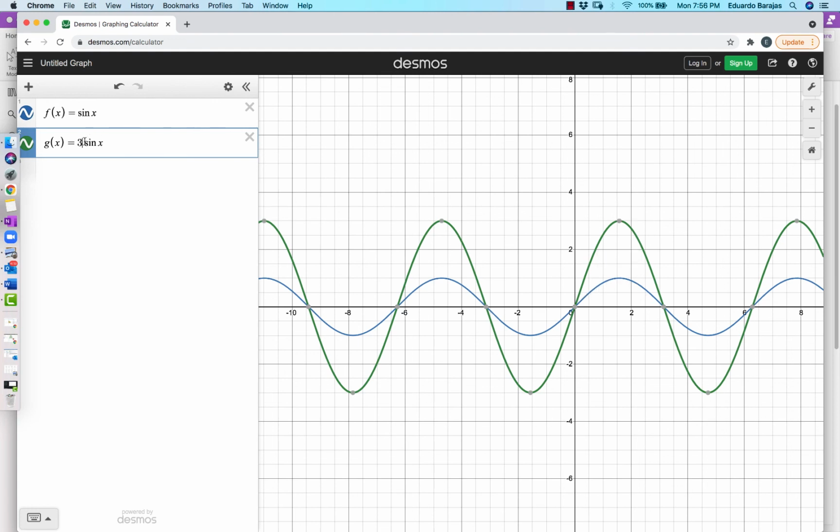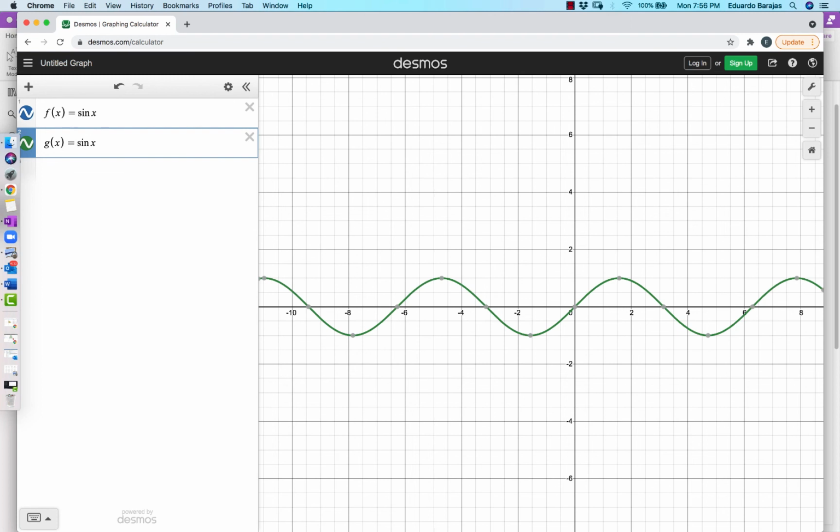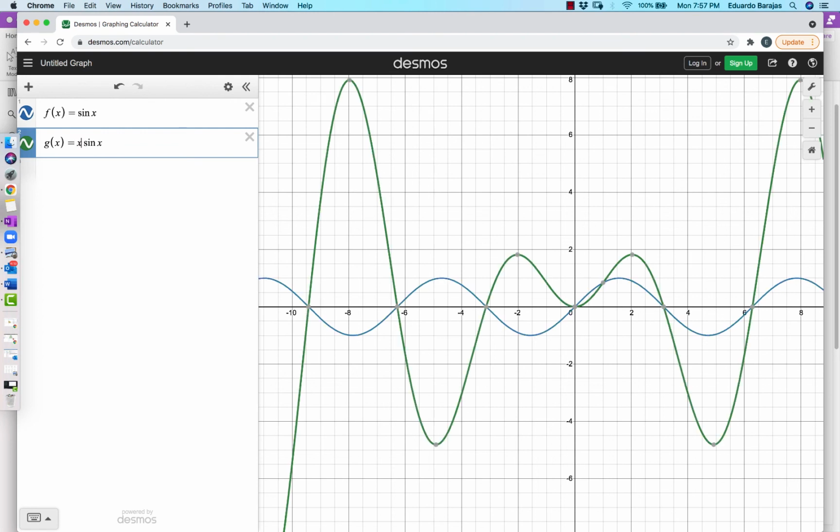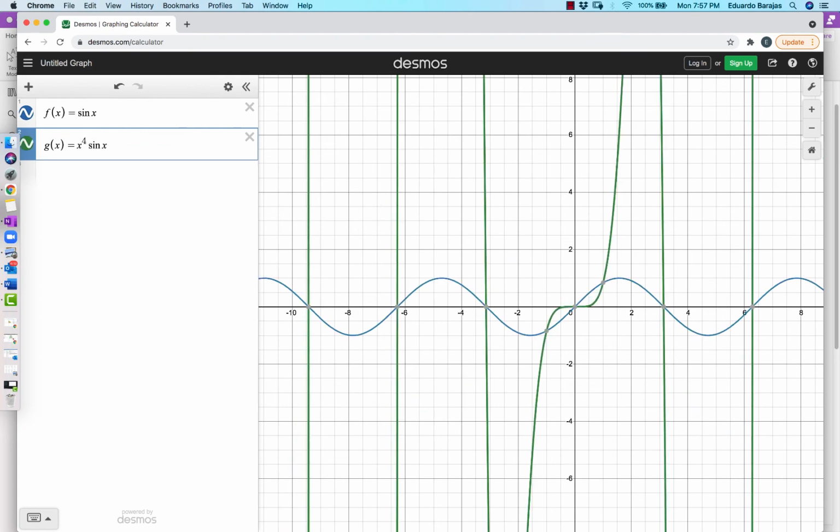And if I multiply it by a number that's definitely positive but a small decimal, like say 0.2, then it just tampers it down, and instead of climbing all the way up to 1, it only climbs up to a height of 0.2. Okay, so that's what happens, but notice that it still stays as an odd function. Multiplying it by a positive number out in front isn't going to change the fact that it's an odd function. So if I multiply it by x to the power of 4,